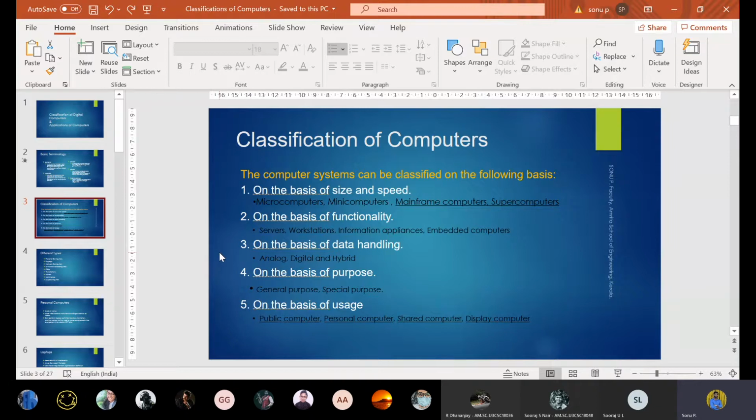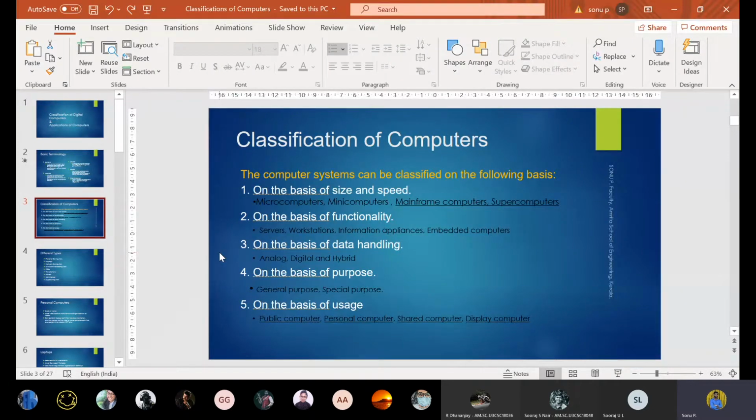And next come the minicomputers. Minicomputers are much bigger in size, and these are used in some institutions to connect people and to perform some industrial tasks, like operating small machines. They are specifically for a small institution or mainly a small industry where they need to automate their tasks, like billing tasks or something related to that.